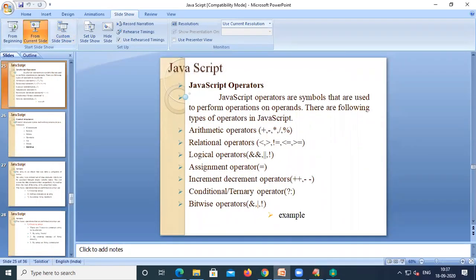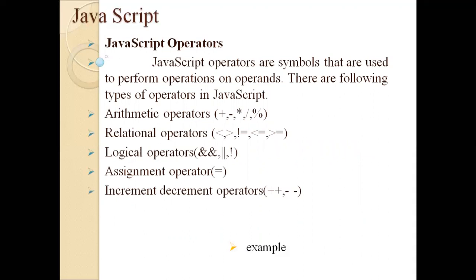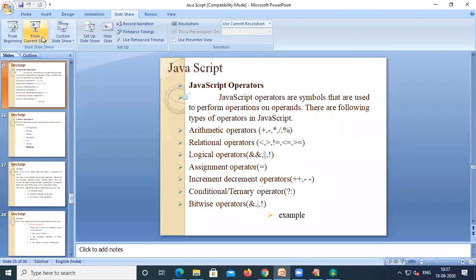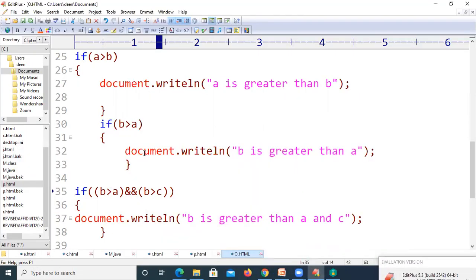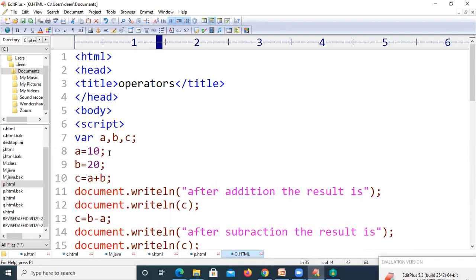So let us move to the next type of operators, called assignment operators. We know how these assignment operators are used in the program, and we have still used this assignment operator in the program. If you find this equal to, it is called the assignment operator.